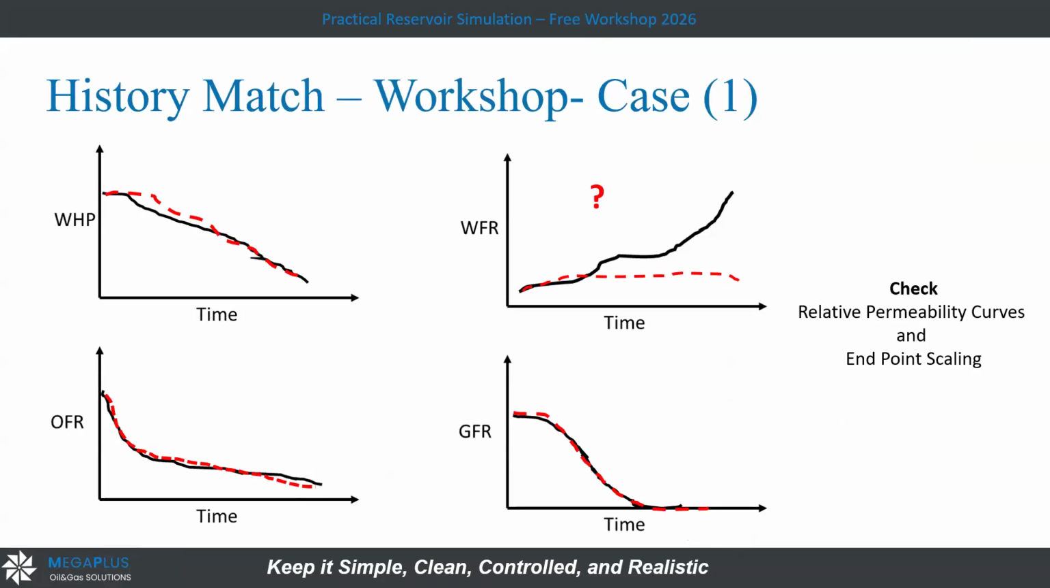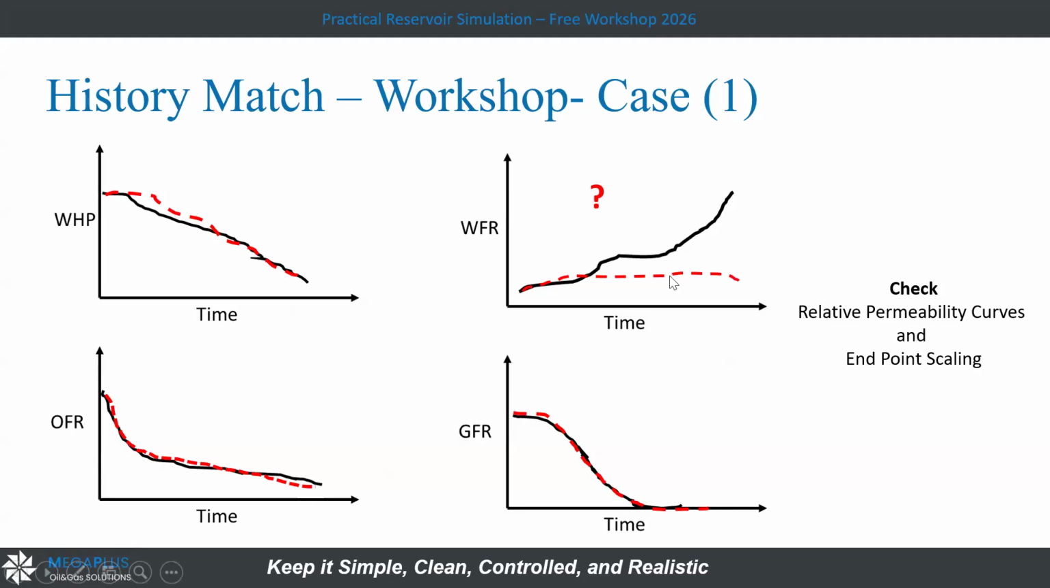Here are some curves that I made to help you understand what I mean. I made a model, and in the model I have four charts: the wellhead flowing pressure, the water flow rate, the oil flow rate, and the gas flow rate. The real data is in black, and the model is in dots. I made a history match here. I'm matching the wellhead pressure, the oil flow rate and the gas flow rate, but the water flow rate is